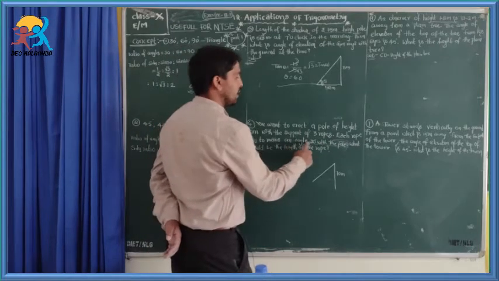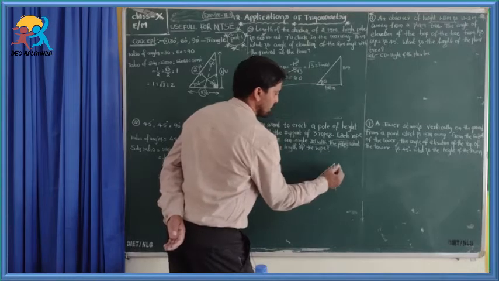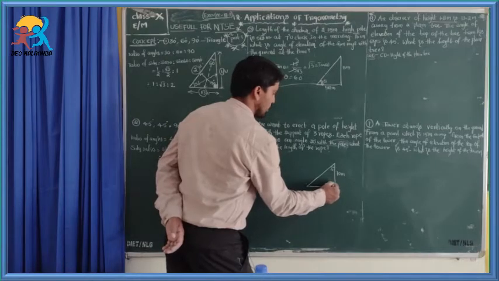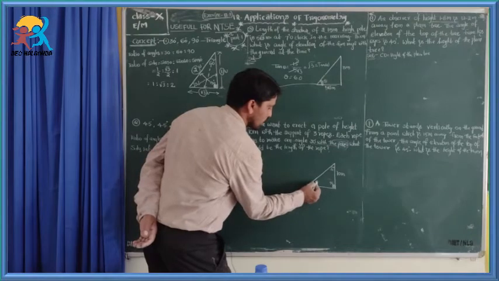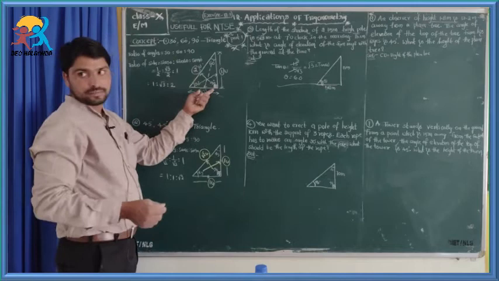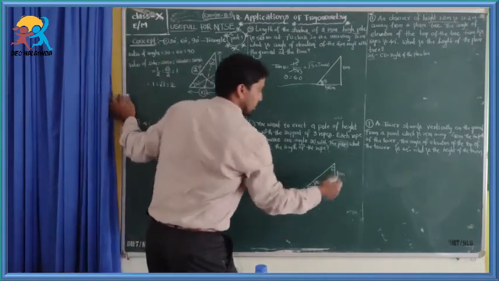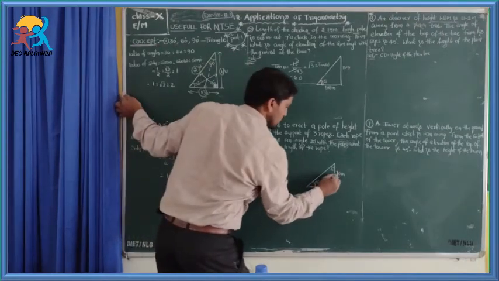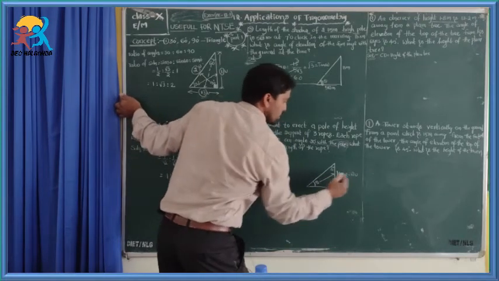Each rope has to make an angle of 30 degrees with the pole. So with the pole, this rope is making a 30 degree angle. Which triangle is this? This is 90 degrees. Automatically this angle is 60 degrees. By the 30, 60, 90 triangle, the 60 degree opposite side is root 3 units. So root 3 units is 10 meter. Then what is 1 unit?